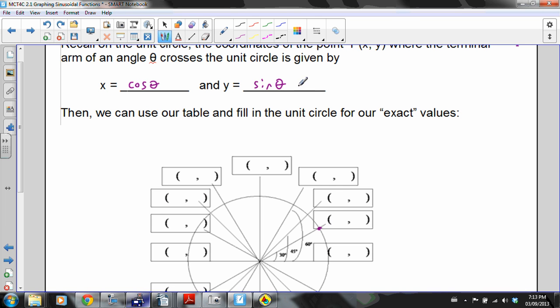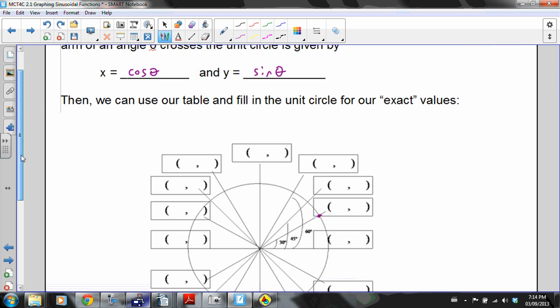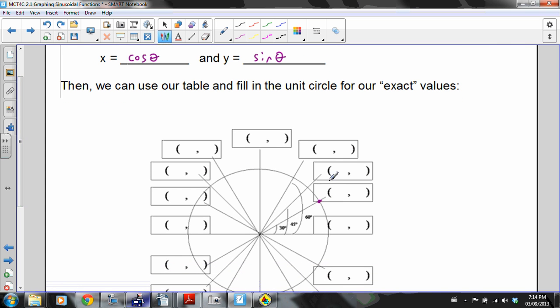Then if we think of it this way, we can fill in this unit circle along with our special angles. So this one here, for instance, the cosine of 30 was square root of 3 over 2, and the sine, the y-coordinate, was a half, and I can go through here and quickly fill these out,